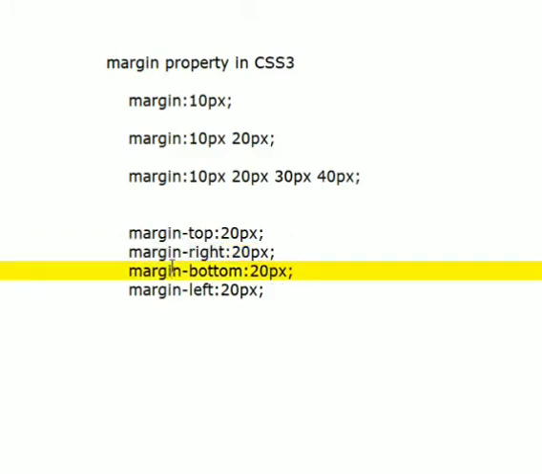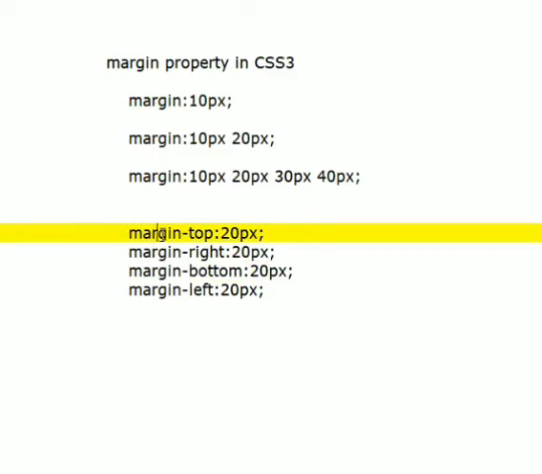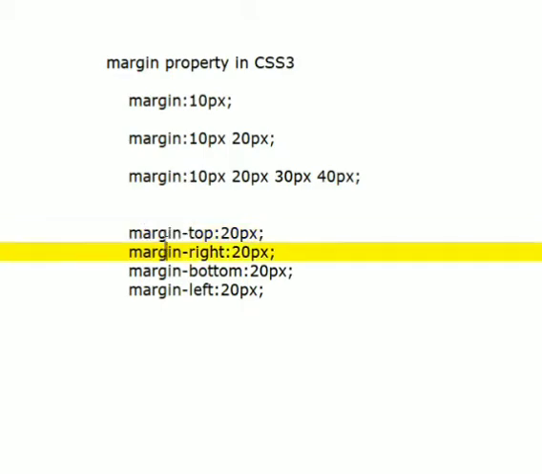Means we can specify a specific side of a margin with the name of margin property with a hyphen in between both. Margin-top, margin-right, margin-bottom, margin-left. Let's learn all these properties practically.